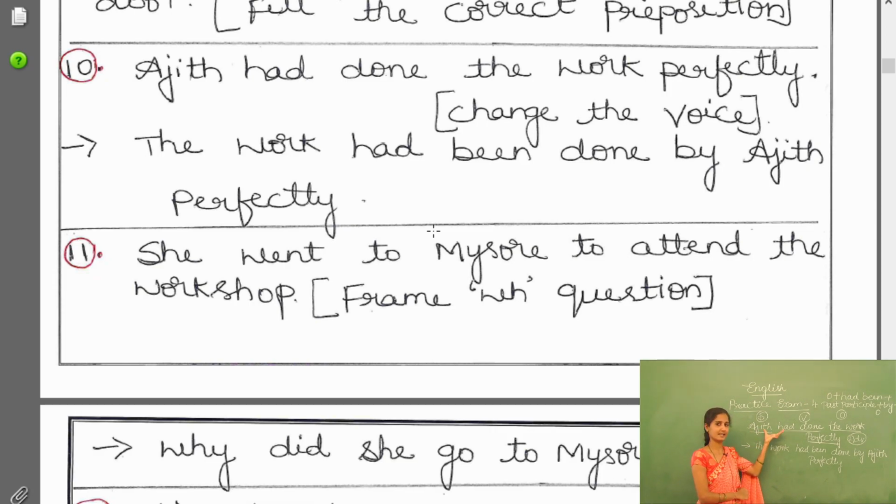So you have to concentrate on the tense of the sentence first. The sentence, it is in the past perfect. When it is in the past perfect, you have to apply the formula, that is had been plus past participle. Here also had been plus past participle. The verb already it is in the past participle. Here also you have to use the word in the past participle.